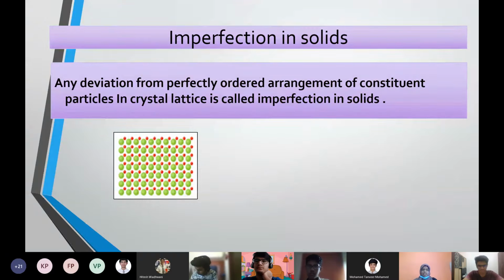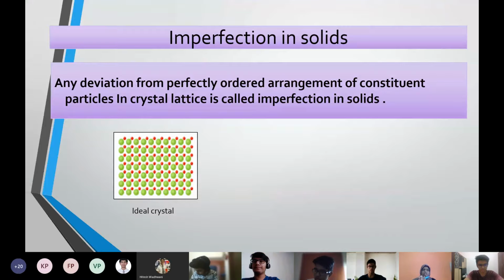And as you can see in the diagram, a perfect or ideal crystal is something like this, where if you take longitudinally, vertically or horizontally, the arrangement of particles is in the fixed position. It is arranged in such a way that it follows in all the directions. So throughout the crystal, the geometry or the pattern of the arrangement is the same. That kind of crystal is called a perfect crystal or ideal crystal. And any deviation from the perfectly ordered arrangement is called the imperfection.